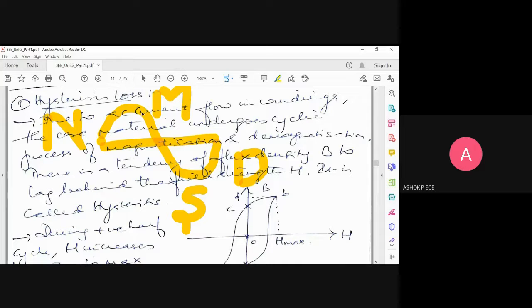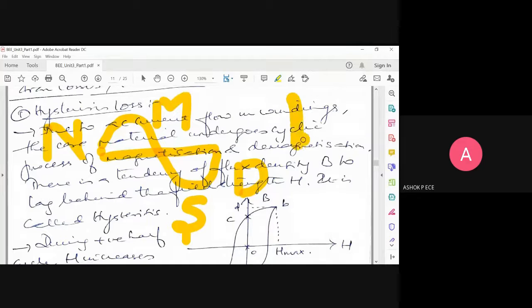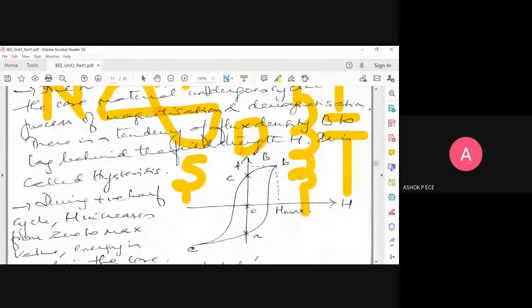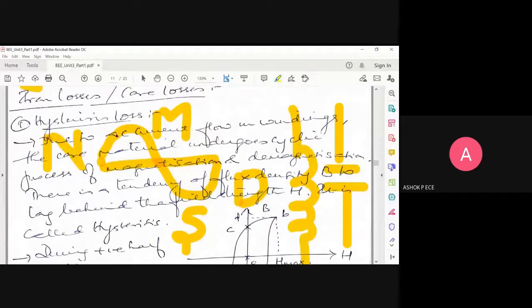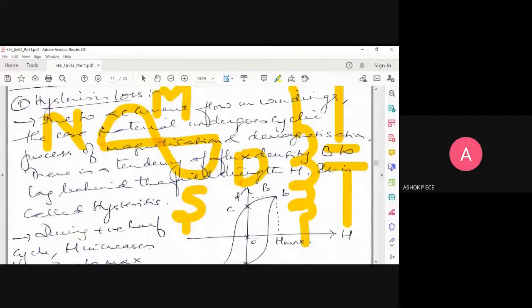The voltage is varying fast, but the magnetic flux cannot vary that fast. Or I can say, since I told you in the first class, inductor and capacitor are passive components, they are very slow in accepting a change. If something varies very fast, they cannot cope up to that speed. So this voltage is applied across the winding. Winding is an inductor. So when you have an AC voltage applied across the inductor, which is varying very fast, the inductor cannot cope up with the speed of variation of the AC voltage. So it will try to lag behind the voltage.